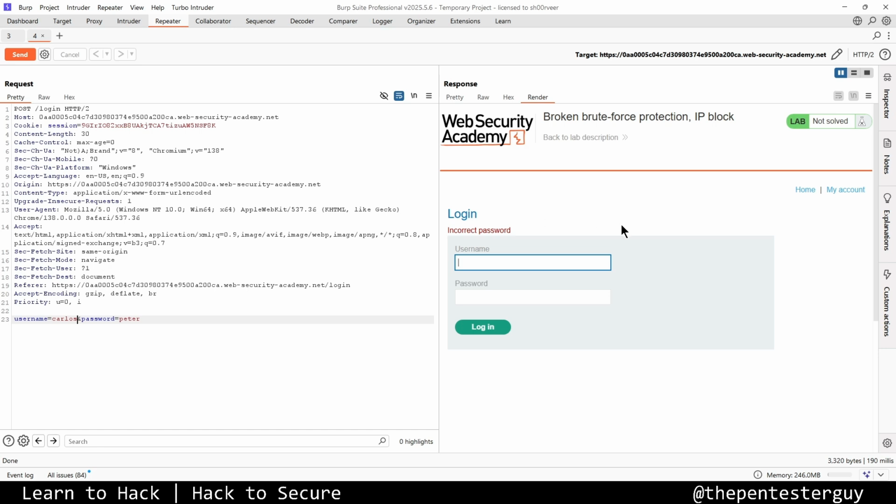So for Carlos:Peter, this is the first attempt, this is the second attempt, this is the third attempt. We get the incorrect password. Now we reach the threshold of incorrect attempts. If we go for the fourth attempt, it will say too many incorrect login attempts, and we have a cooling period of 1 minute now. So to bypass this or to solve this challenge,